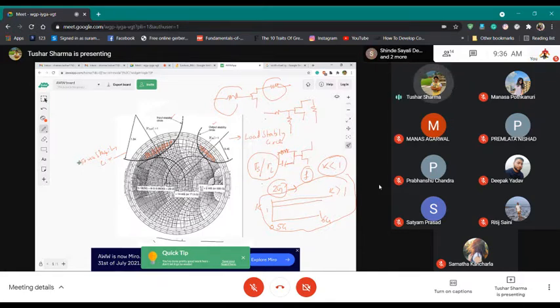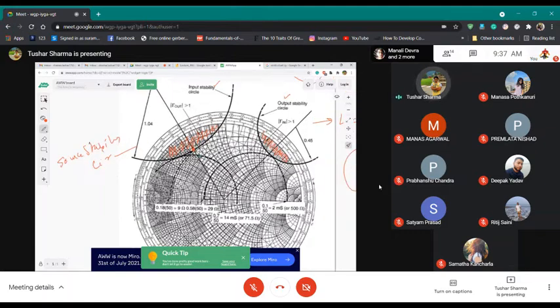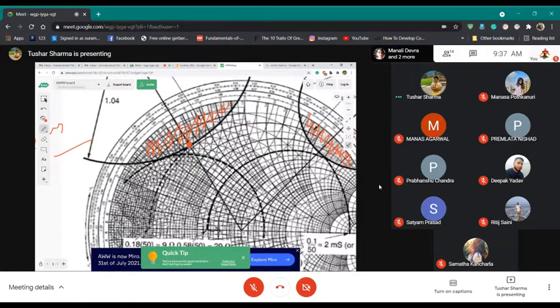Now, how do you determine the value of the resistance? It's very simple. You know this circle, this is input, this is output. This point is going all the way to the center. You take the point of intersection of this, and try to locate the constant R and constant G circle.